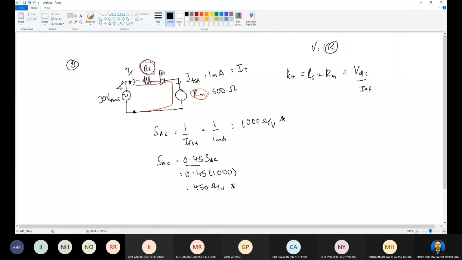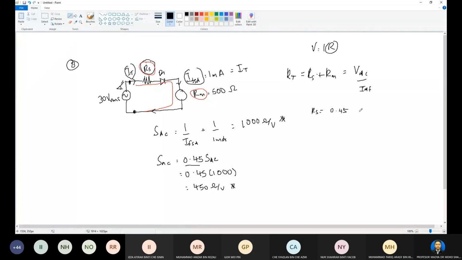Current total, because this current IT and current IDC are the same, because it is a series. If you put current here, the current IT will also be the same as this one. That's why the current will be the same for IT and full scale deflection, because it is current in series. That's why the answer will be RS. From this one you can derive it, so from this one 0.45